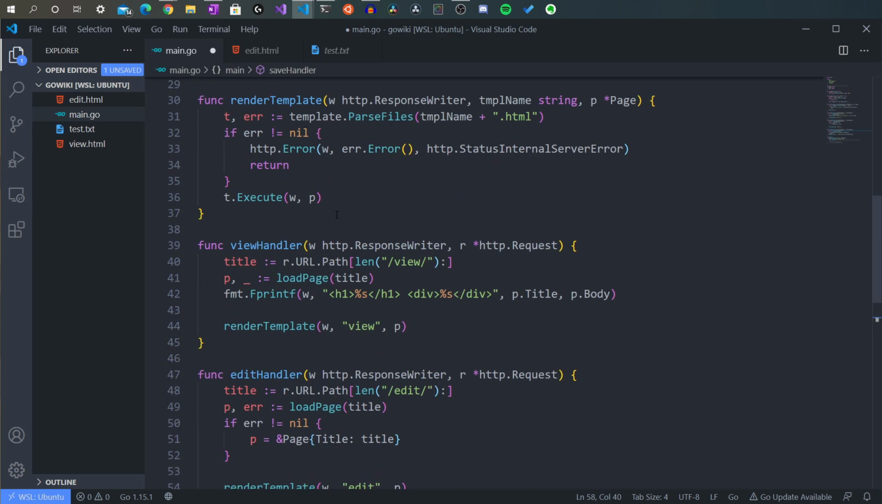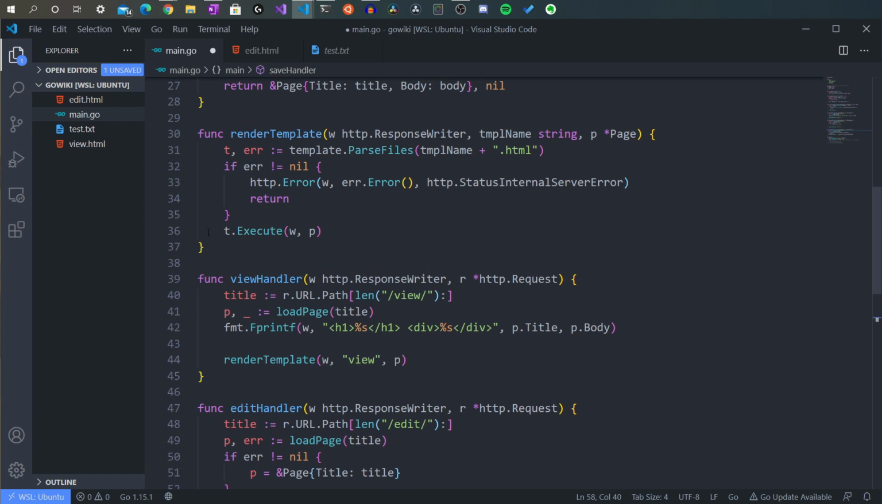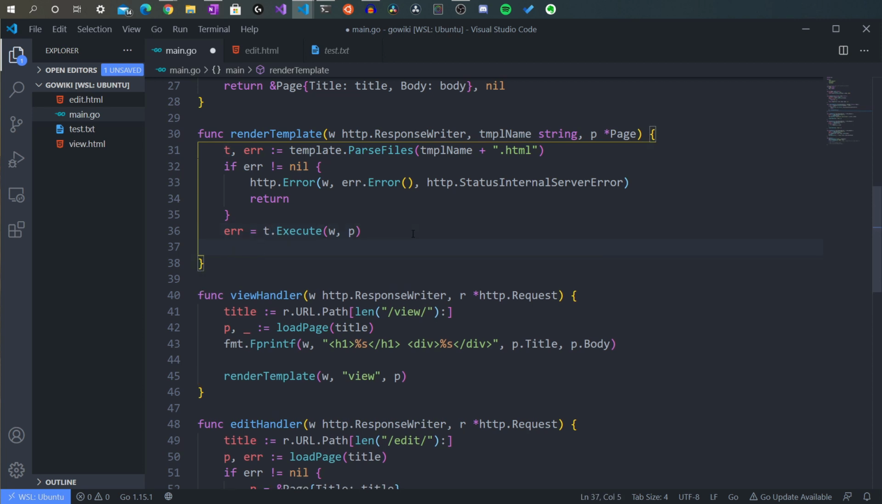We were at the render template function. Okay, so this t.execute also returns an error, so we may as well reassign that. We'll reuse the same variable from before, which means no colon here. Okay, we will go ahead and say if the execution goes wrong,